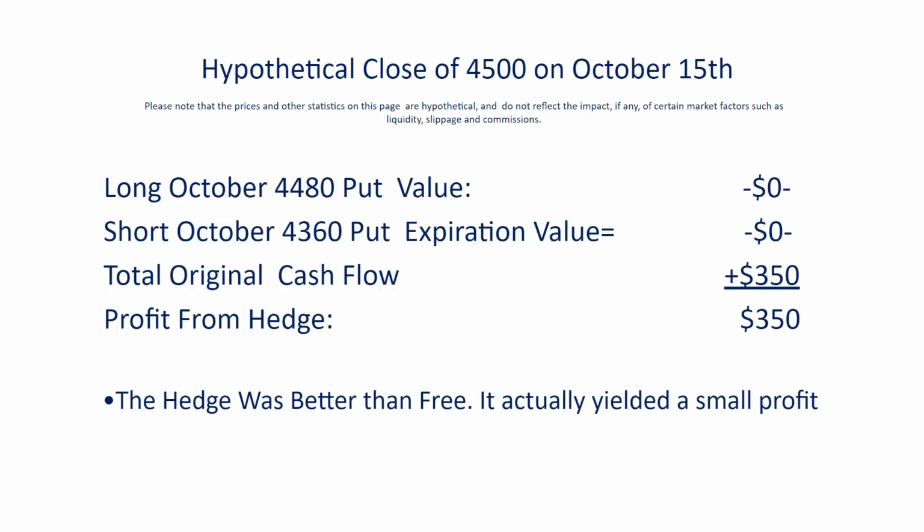But let's take another scenario now where the market just rallies and ends up at 4,500 on October 15th. Well, in that case, both the short and long options expire worthless. So we're left with that original $350 of positive cash flow that we received. In other words, even if the market rallies and we never needed the hedge, the trade is still profitable because